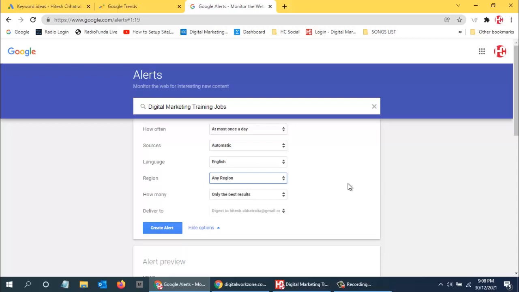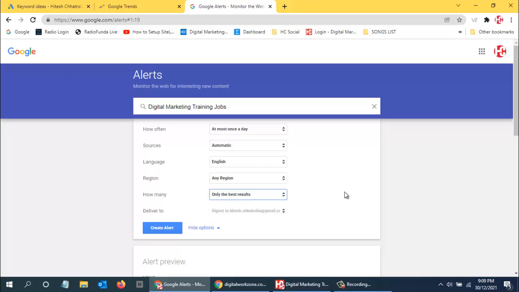If it were offline, then I would have selected India, but since it is online, I've selected any region, from any part of the world, I should get email. And then over here, how many emails do you want? It says only the best results and all results. I have selected only the best results, which are relevant to me. I want only those results.